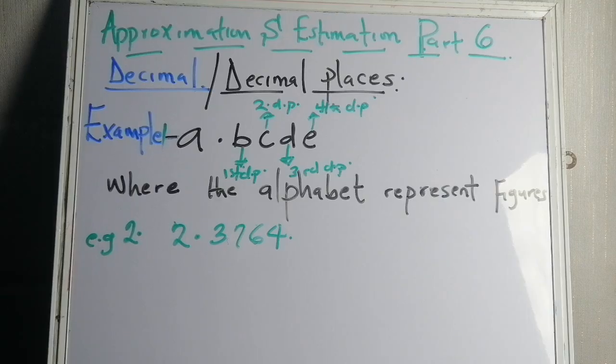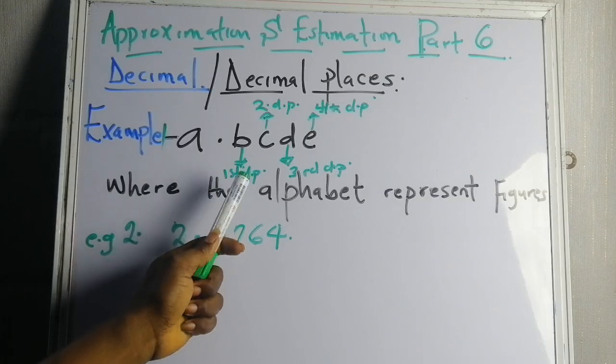So what we do is, any figure after the point is what we call a decimal place, and the short form of decimal place is DP. The short form of decimal place is what? DP. According to what I wrote here, I don't want to start overflogging